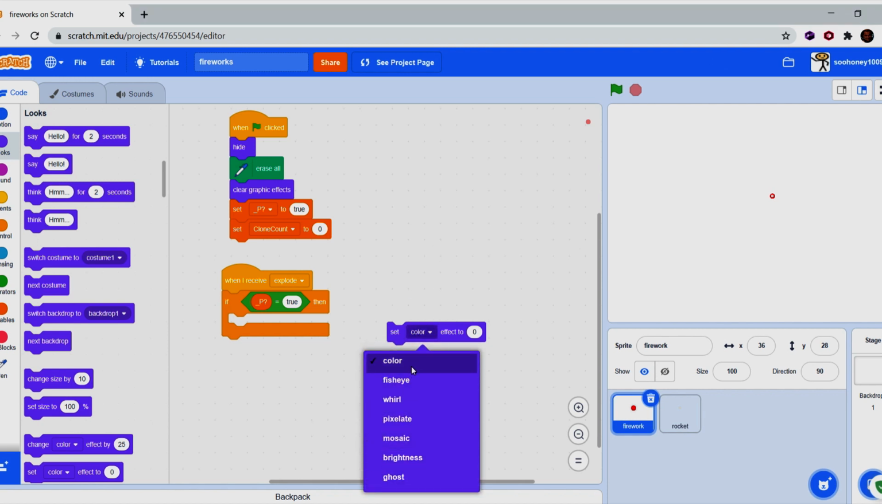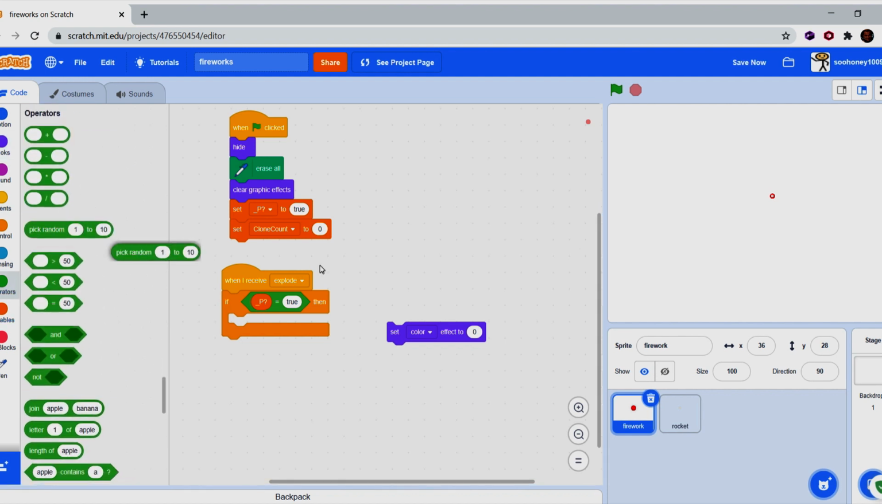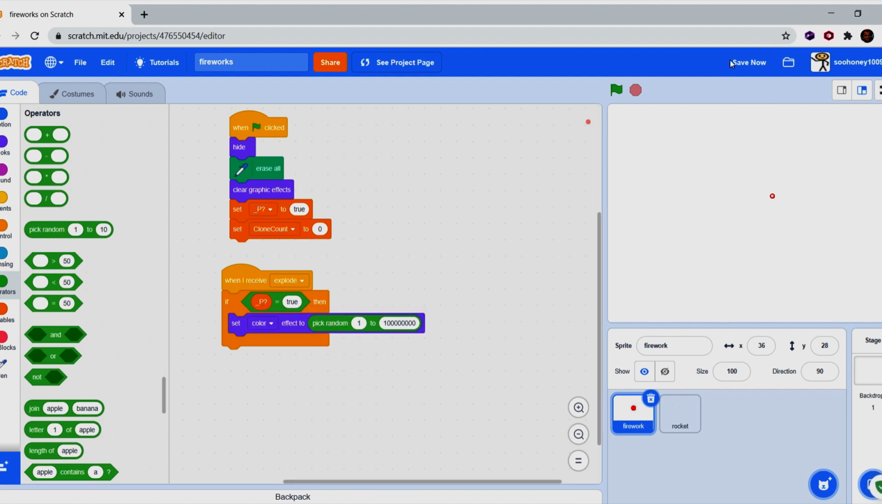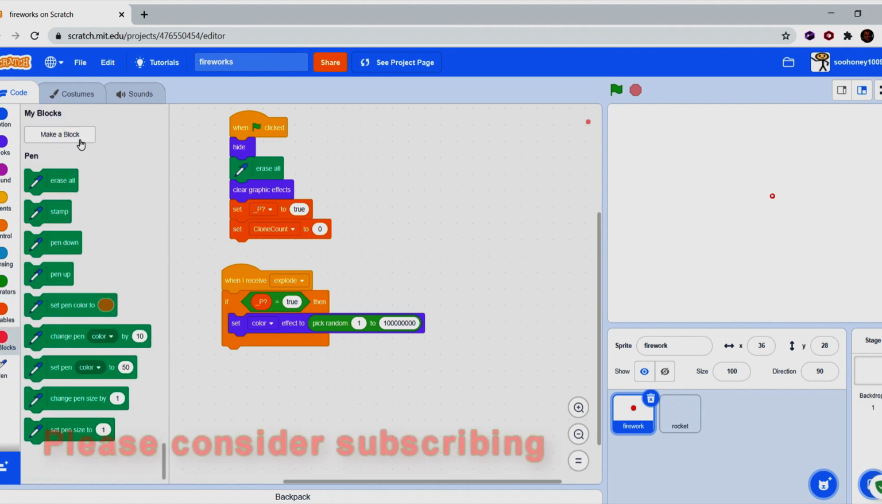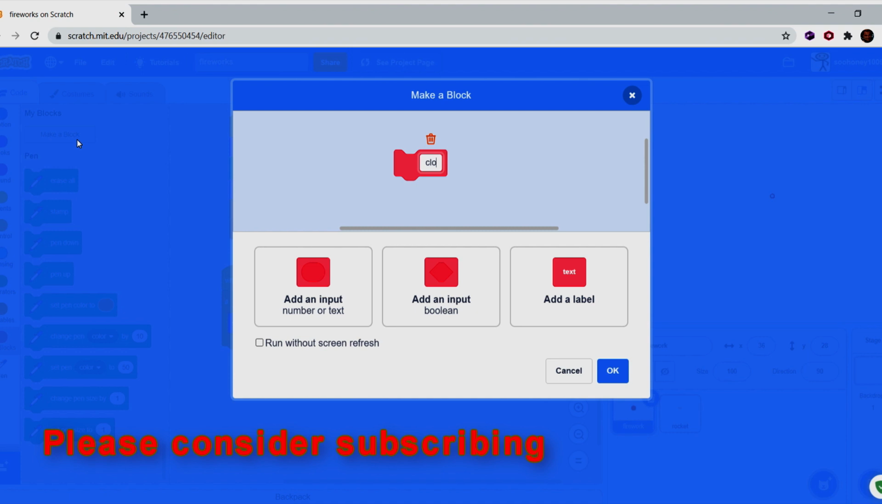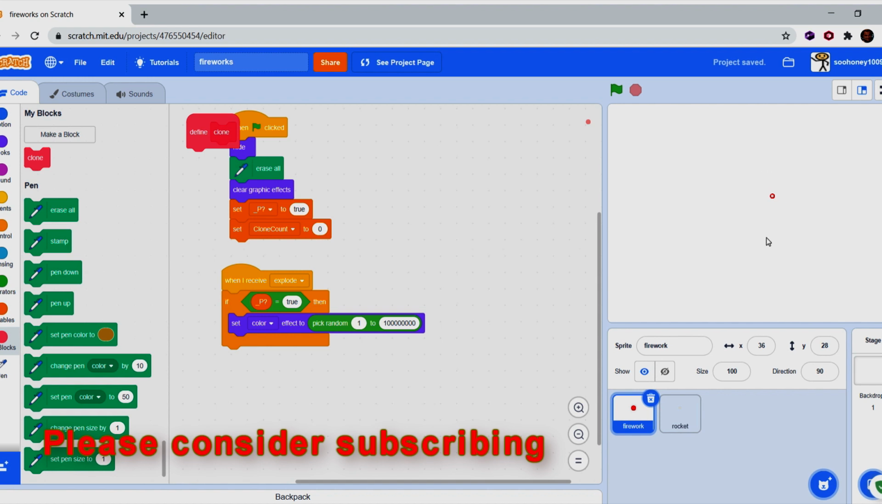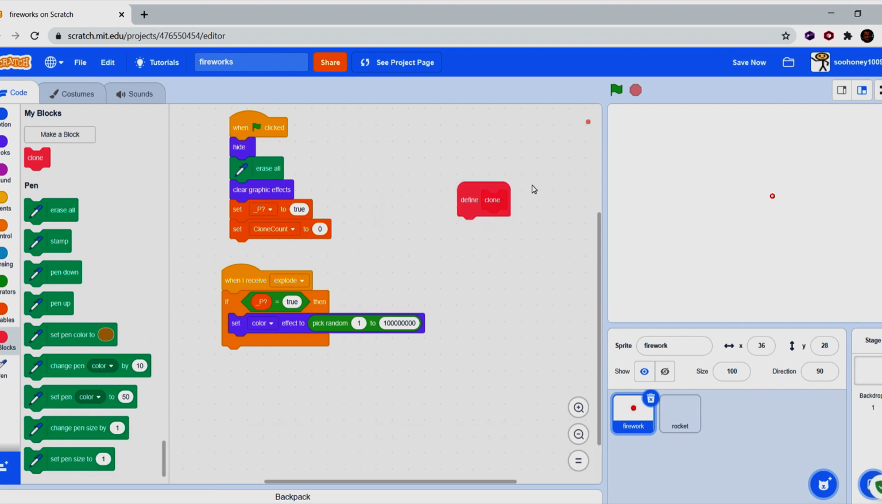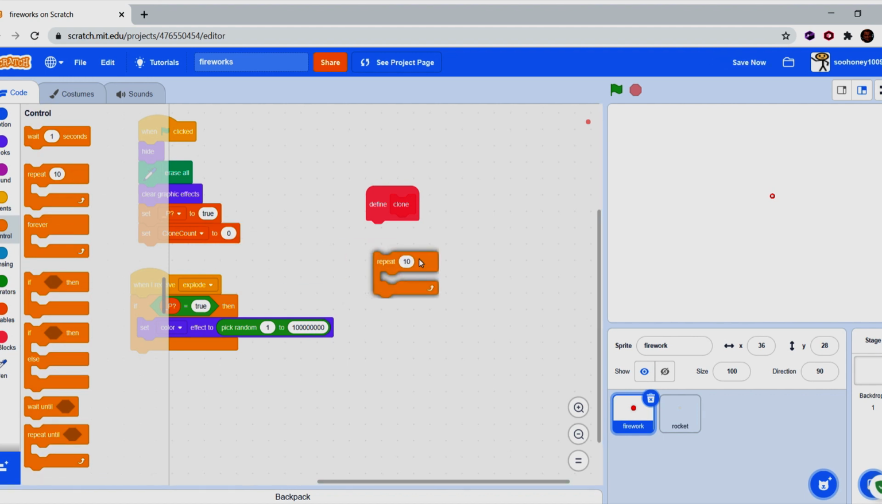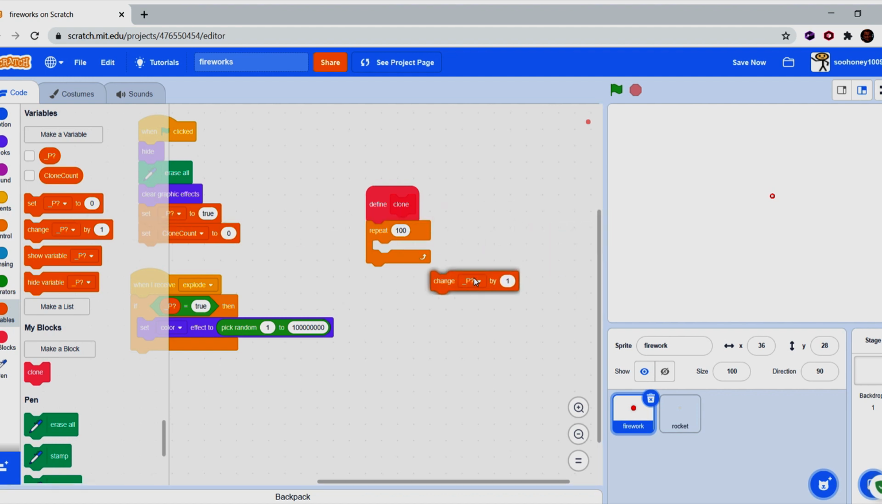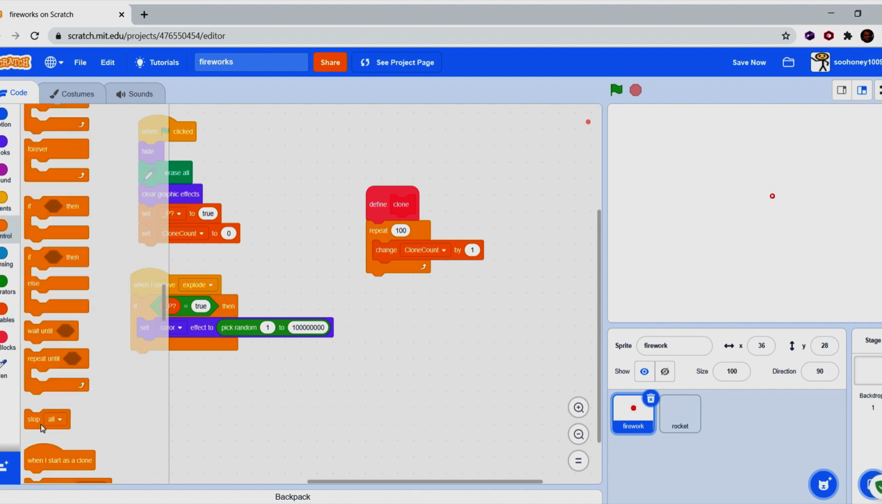So let's now set our color effect to pick random 1 to an insanely high value. Doesn't really matter how many zeros, just has to be insanely high value. This will just set the basic color palette of the rocket. Now let's create a block named clone. You have to check run without screen refresh, or your firework is gonna go weird. I can show you what I mean later on. So now let's get a repeat loop. Let's repeat 100 times. Let's change our clone count by 1 each time we create a clone,